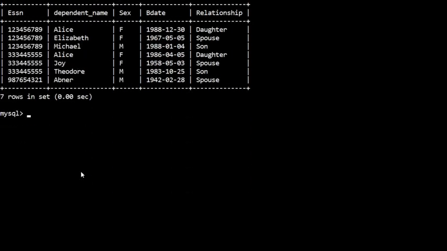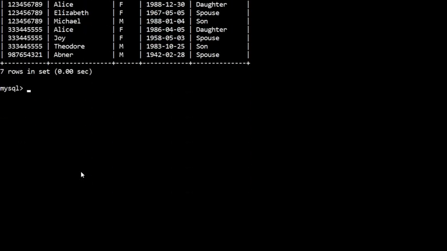Now the next is, we'll see one more example using in and not in operator.